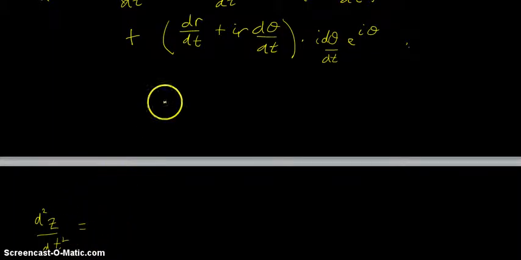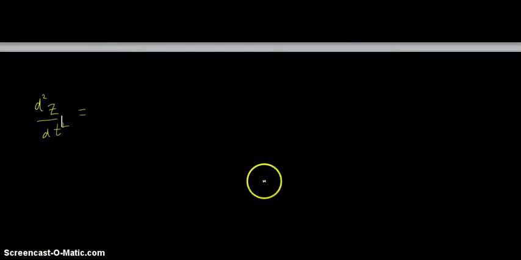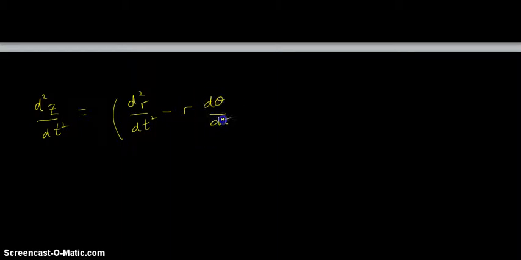So there's one up there, which is this one, d2r by dt squared, and the other one is over here, r times d theta dt squared. So we'll take those two first up. So we've got d2r by dt squared minus r d theta dt squared,